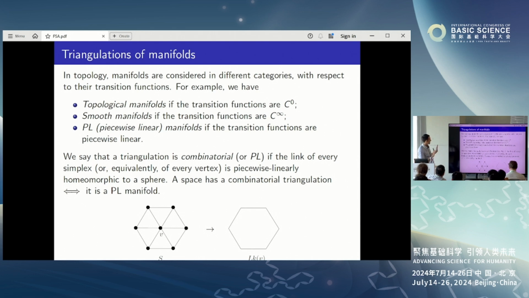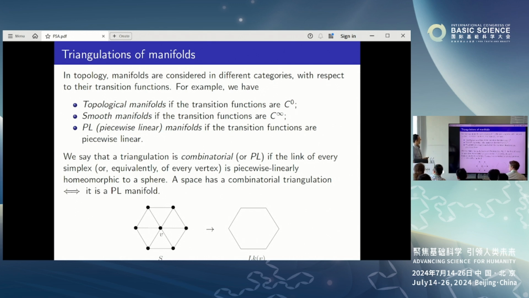Oh, there's no... I'm just thinking of it as any kind of triangulation, but basically I'm just thinking of it as a PL space, yes, and then I want PL homeomorphism. Yeah, okay, so these are natural triangulations on manifolds, and people sometimes just focus on this kind of triangulations.